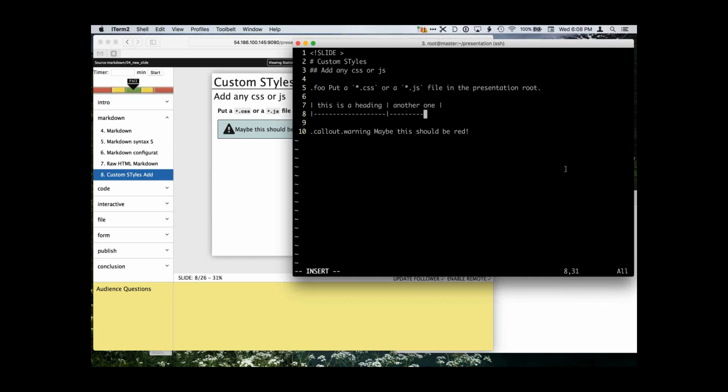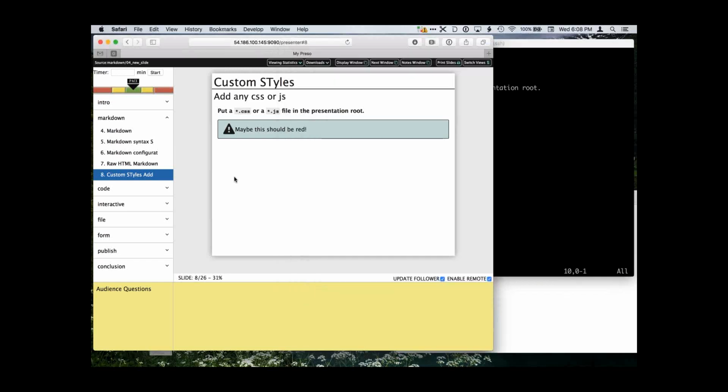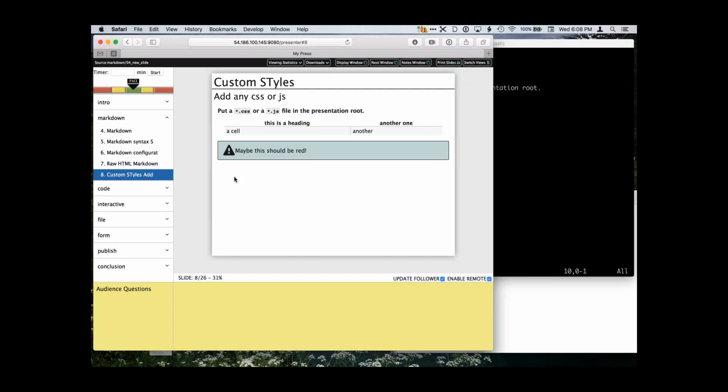They don't actually have to line up quite so perfectly. I'm just a little bit particular about that. A cell, another. And now you've got a Markdown table that's readable in text, and it's also readable as a table inside your presentation.